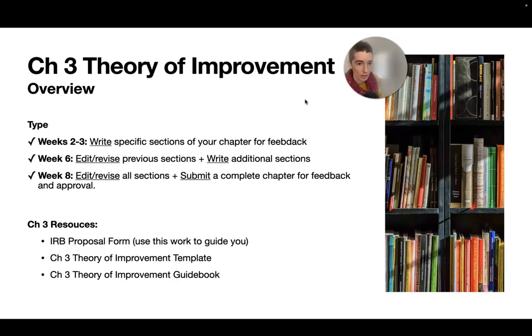So in writing chapter 3, we're going to break this up into three main chunks. Chapter 3 is not a super extensive chapter, but it can be really helpful to chunk and scaffold things as we go. You'll notice that the sections allotted to the different weeks that you will submit are directly related to the work you're doing in those weeks as you refine and come to this.